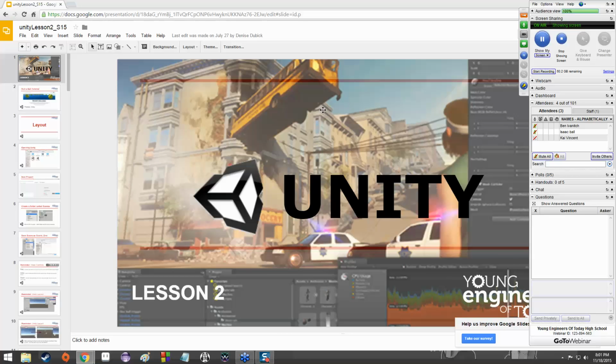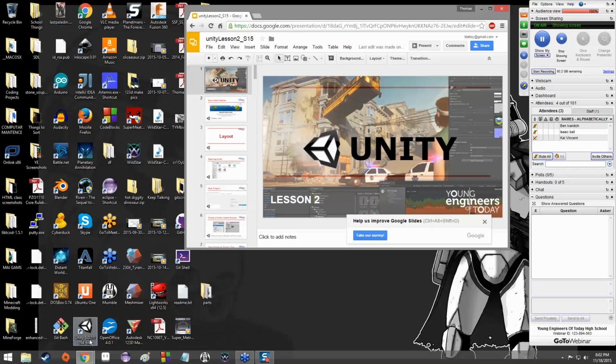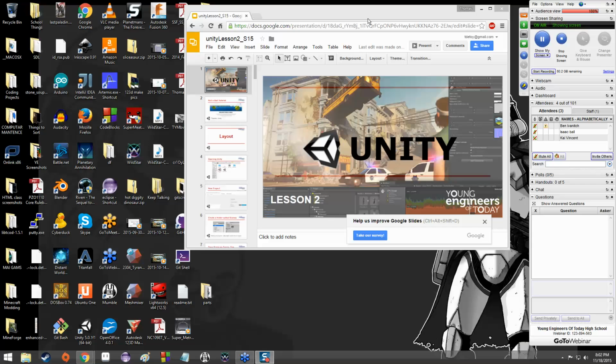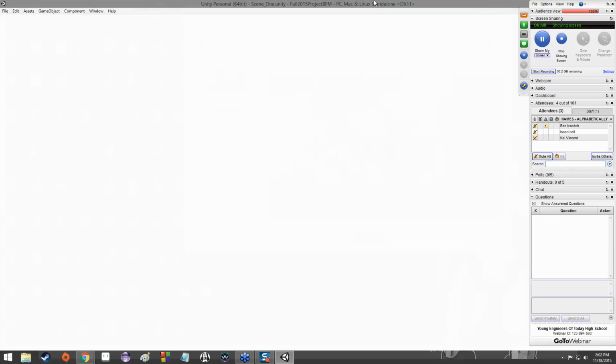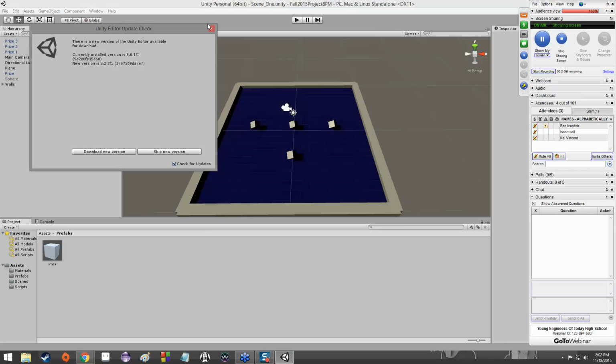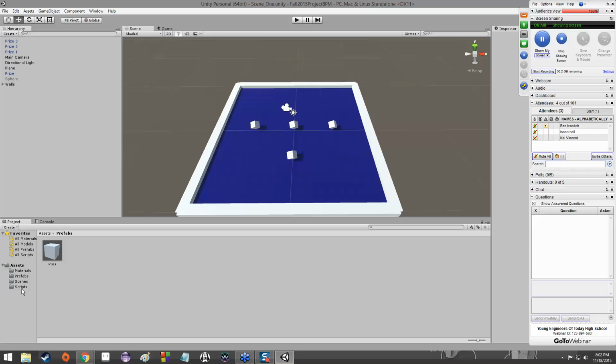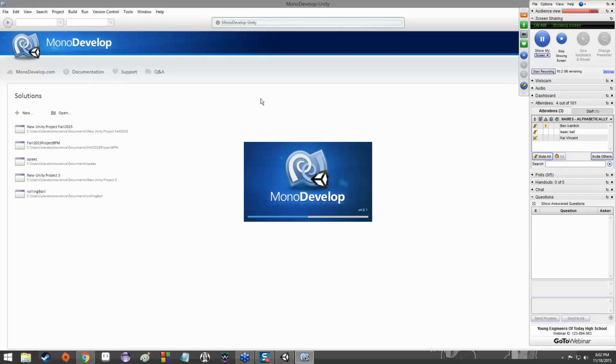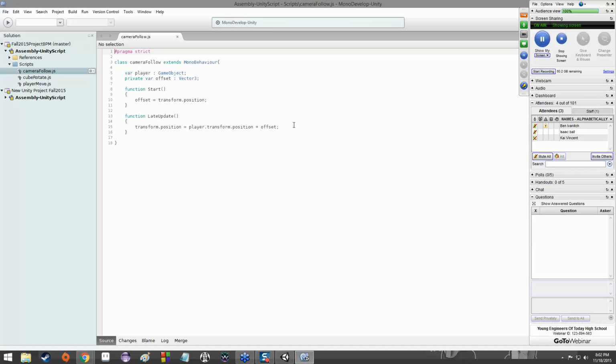So let's just spend a couple of minutes reviewing what we did on Monday, and I'm going to go ahead and open up Unity. Okay, so we created the camera follow function, or the camera follow script rather,